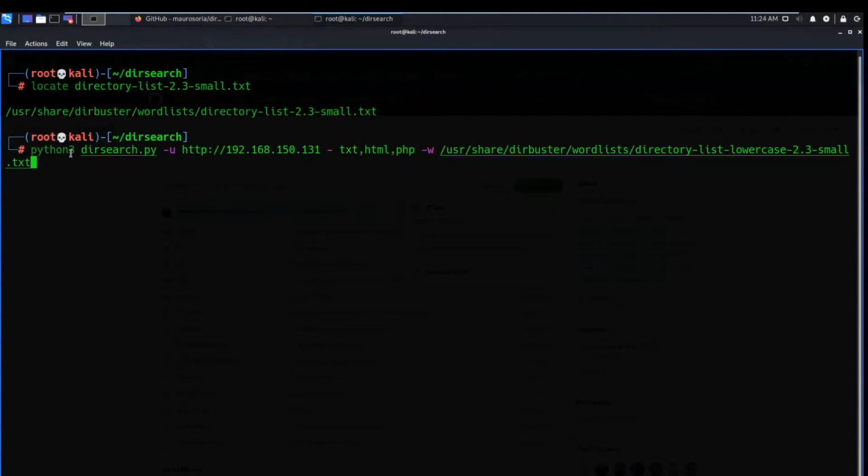What I'm doing is I'm using Python 3, that will help with the libraries, and dirsearch -u means the URL. I'm trying to get all the files and pages which have the extensions .txt, .html, .php, and the wordlist, the common directories and common files like robots.txt, the types of files which are usually on a Linux server. So I'm using a dictionary which is in the share folder, there is a dirbuster folder, a wordlists folder, and this directory-list-2.3-small.txt. You can use any dictionary, you can use rockyou.txt, whatever, but I'm using this one. As I press enter,